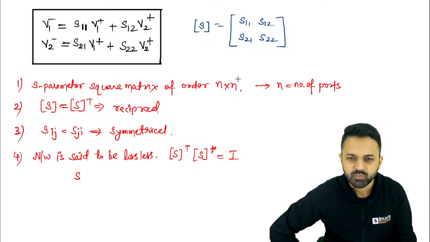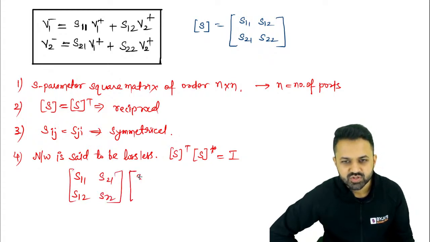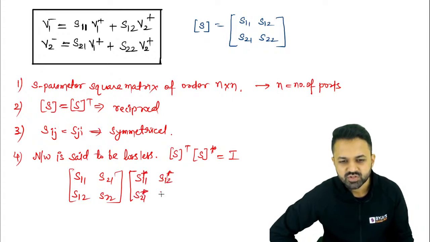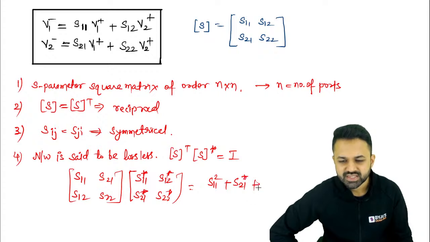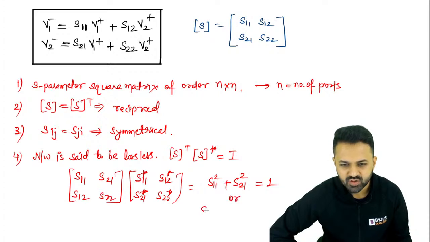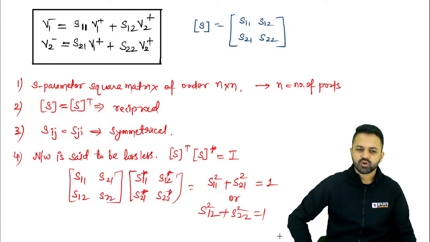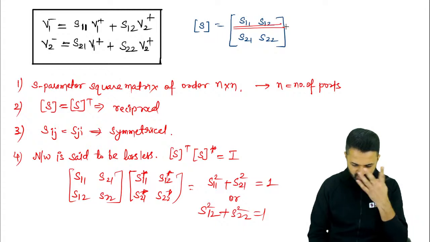तो इस टू पोर्ट नेटवर्क के लिए अगर मैं ट्रांसपोज ले लूँ तो S11 S12 और S21 S22 आ जाएगा, और एस मैट्रिक्स का कॉम्प्लेक्स कॉन्जुगेट लोगे तो S11, S12, S21, S22 के कॉम्प्लेक्स कॉन्जुगेट आ जाएंगे। इसको मल्टीप्लाई करोगे तो S11 का स्क्वायर, S21 का स्क्वायर ऐसा आ जाएगा और दिस शुड बी इक्वल टू 1। या आप ऐसा बोल सकते हो S12 स्क्वायर एंड S22 स्क्वायर दैट शुड बी इक्वल टू 1। तो टू पोर्ट नेटवर्क के लिए लॉसलेस मतलब ये हो जाएगा।